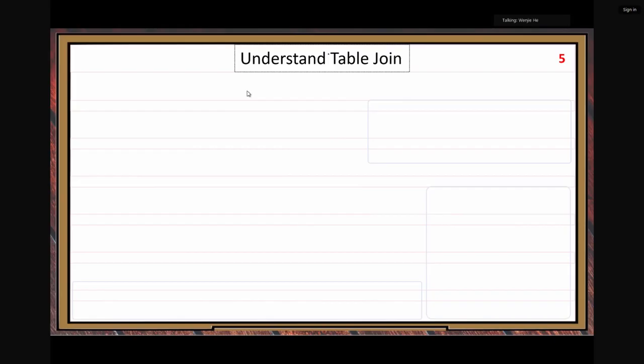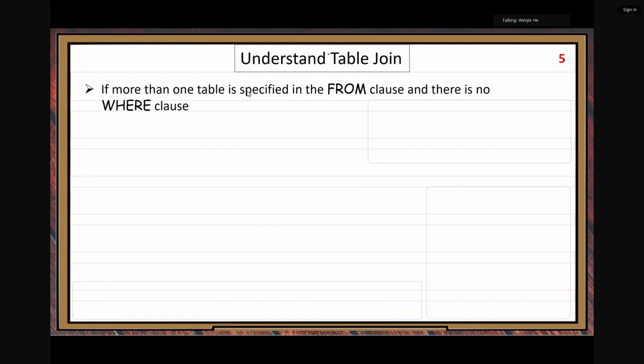Join two sets. There is a similar operation in math, set theory. In set theory, how do you join two sets? There is an existing operation in math, so we borrow that operation. If more than one table is specified in the from clause and there is no where clause, so here,